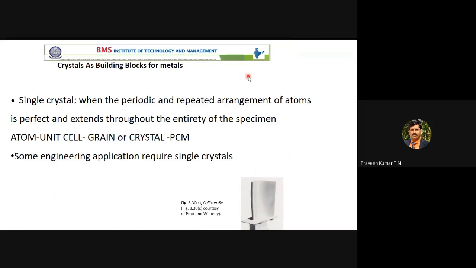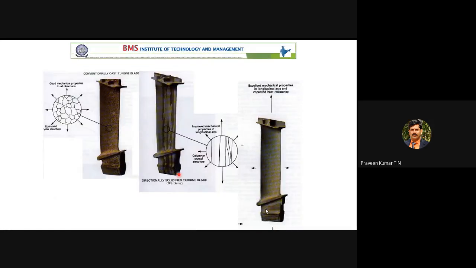So this fatigue is very, very important, because most of the turbine blades, these are the steam turbine blades or gas turbine blades, may be subject to fatigue loading. These are the turbine blades I am accompanying, because turbine blades are subject to fatigue loading because those run at higher speed continuously for over a period of time.